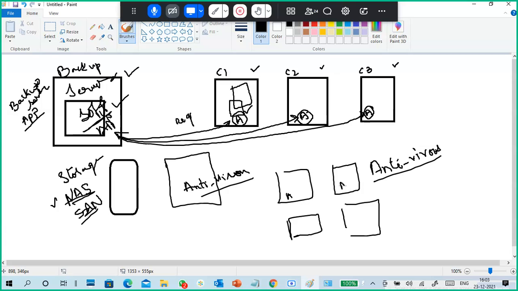Application-related agents are installed onto each and every PC. So through this agent, the antivirus server application will scan your individual PCs.